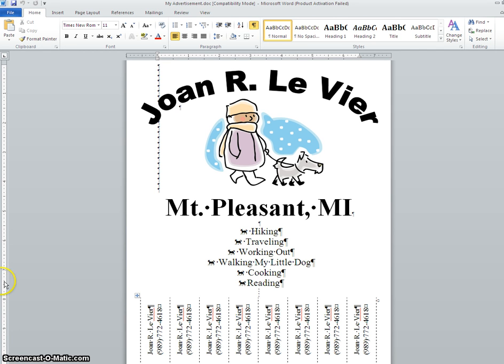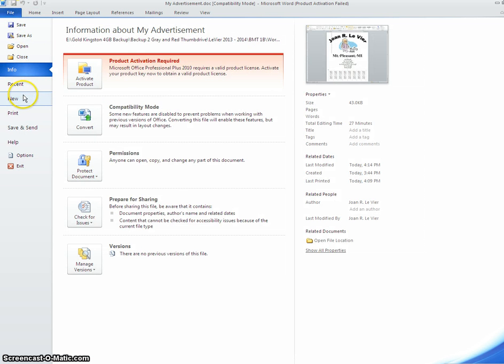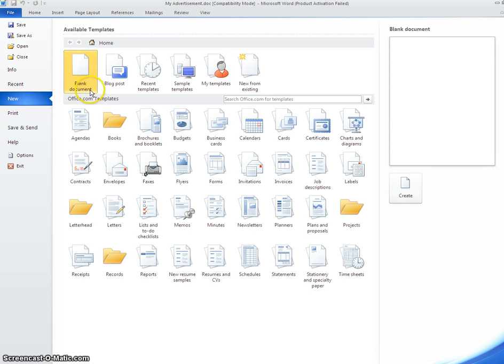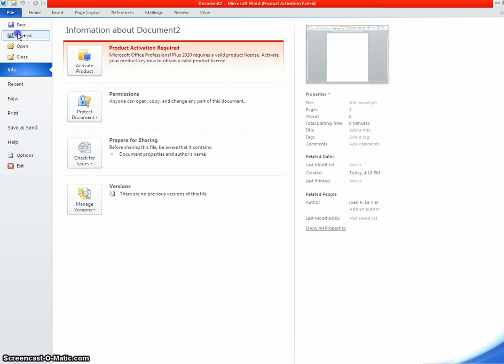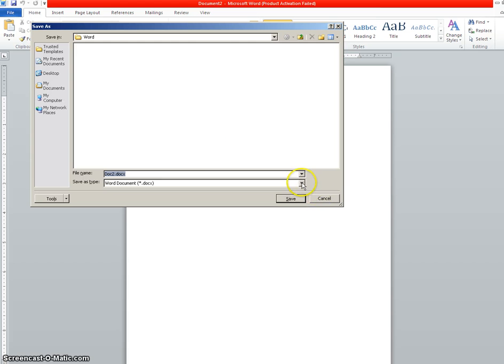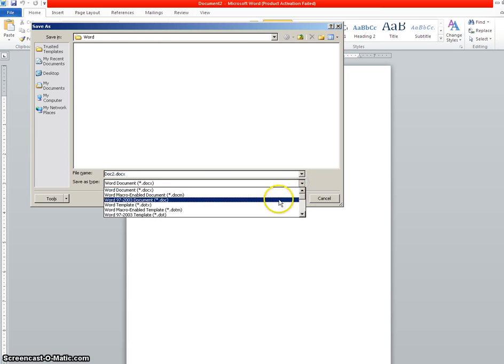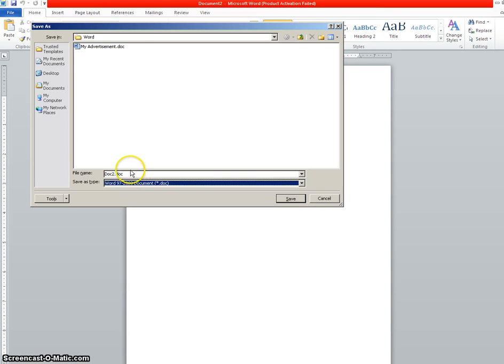So first of all, you're going to start with a clear screen. So do File and New. And you can just say create a blank document, and right away you're going to save this document, and I think we'll save this as something like my flyer. So let's do File and Save As, and always make sure you use a 97/2003 document, and we're going to call this my flyer,